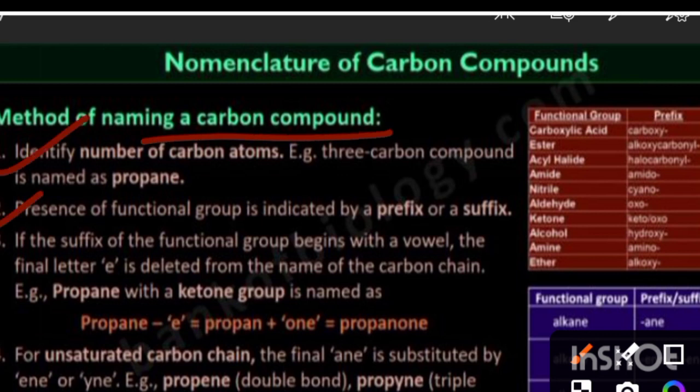Second, the presence of functional group. If there is a presence of functional group, then we have to indicate it in the suffix or the prefix. I will tell you which is indicated in the suffix or which is indicated in the prefix. If the suffix of the functional group begins with a vowel, then E is deleted and it is replaced by the